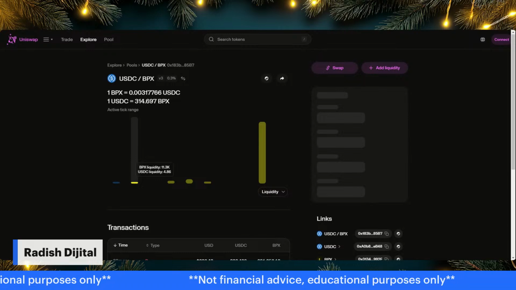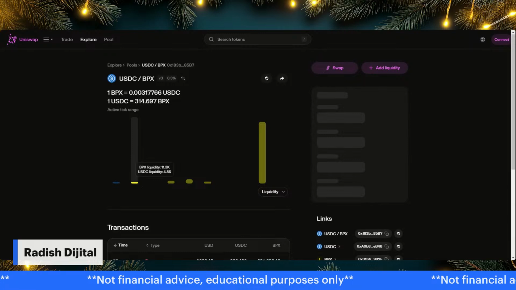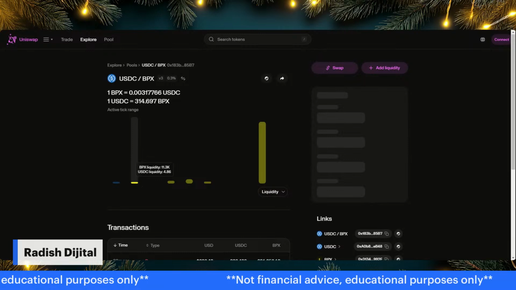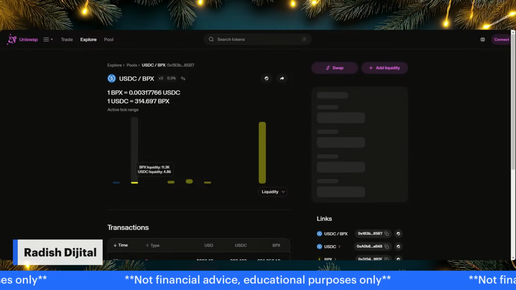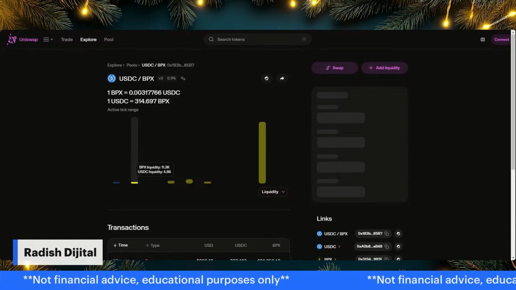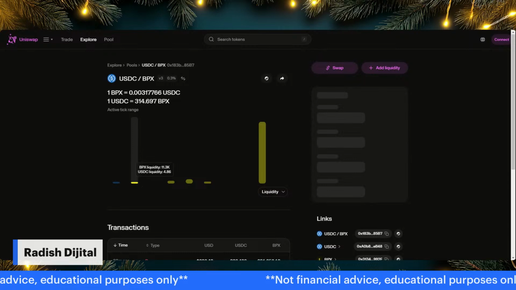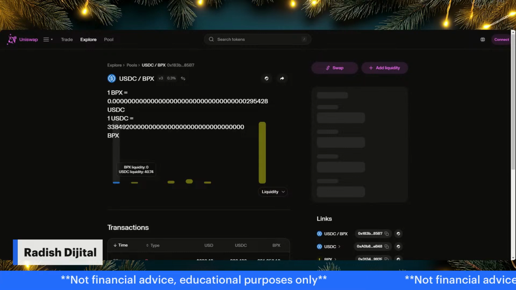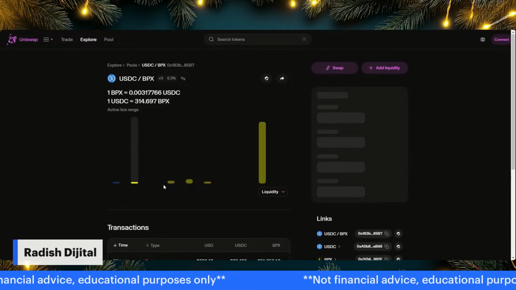And when this says USDC liquidity, how am I reading this? Does that mean there's just $5 worth of USDC that's willing to buy BPX at this price, at the 0.003? It's what it looks like. And again, this is something I was a little confused on. We know it's low. That seems extremely low, right? But that's what it's saying right there.